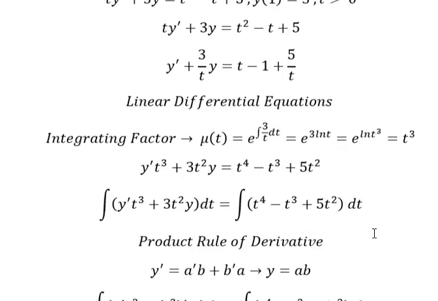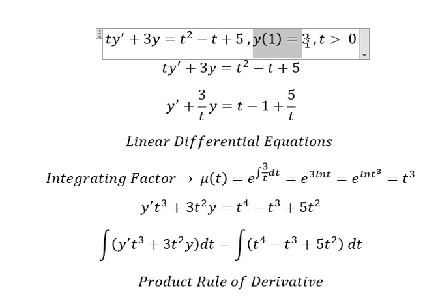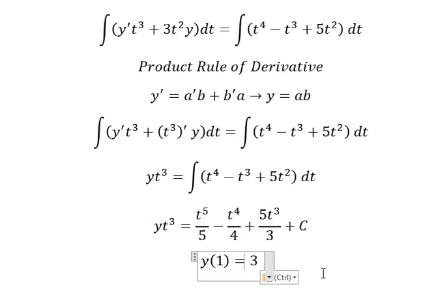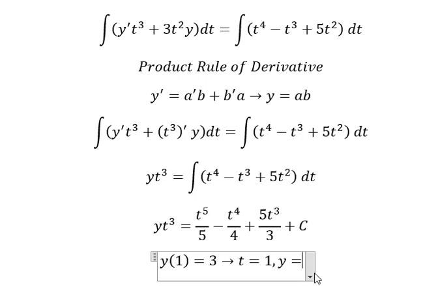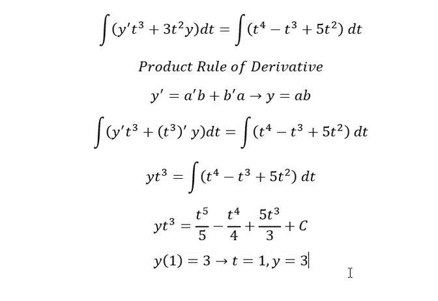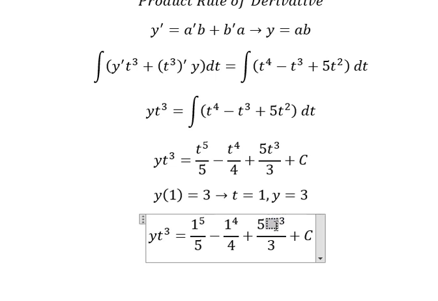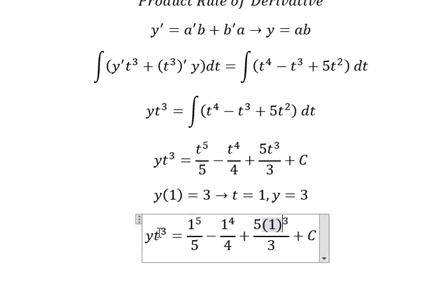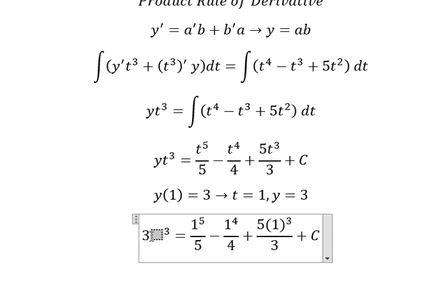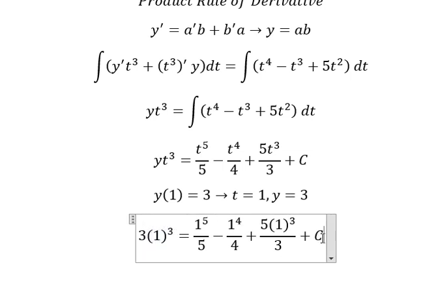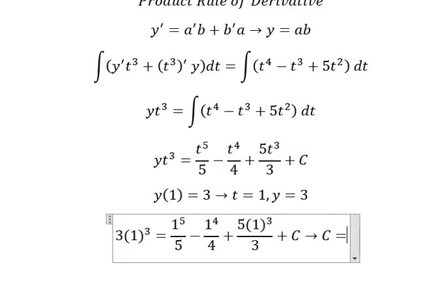Now we have the conditions in here. That means when t equals 1, y equals 3. And now we need to put 1 in here, 3 in here, 1 in here. And now we can find the value of c. So we put this one to the left, and now we have c equals